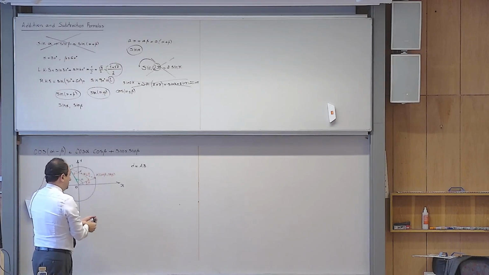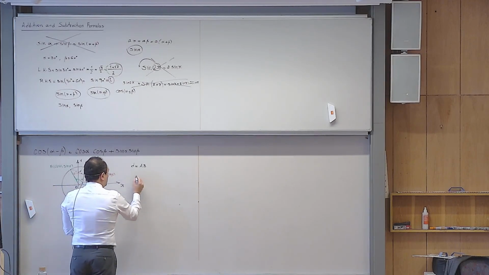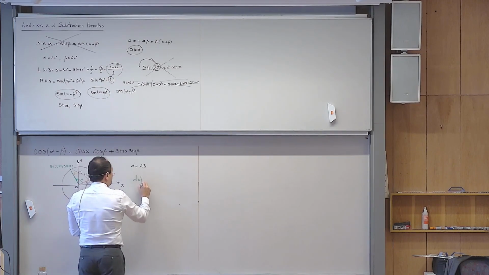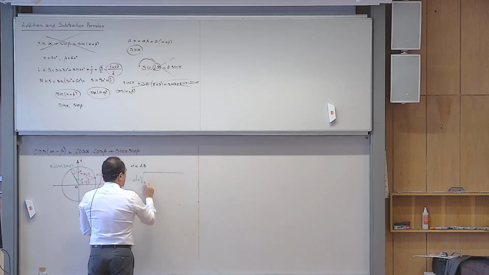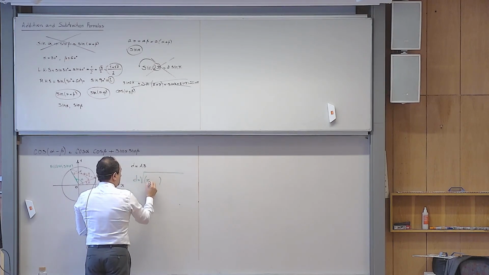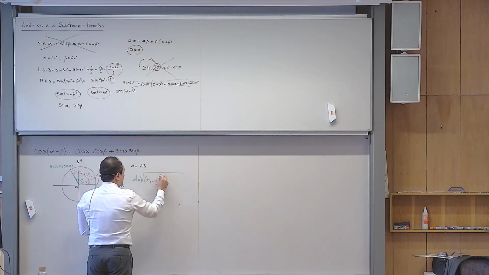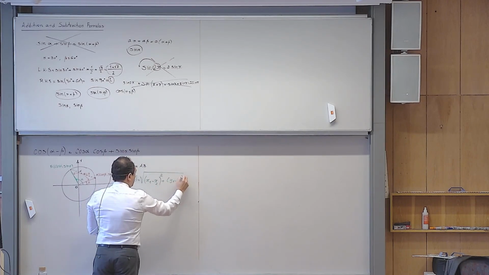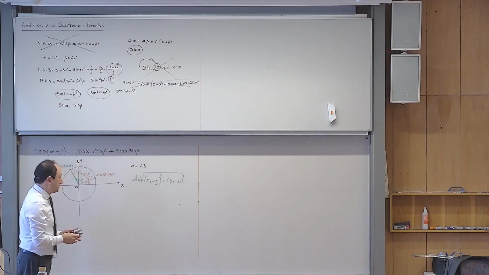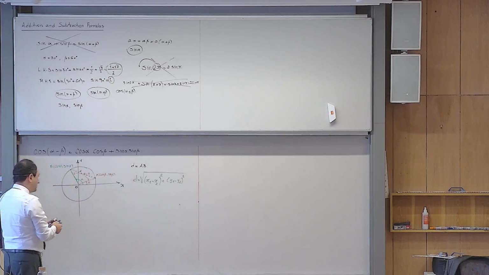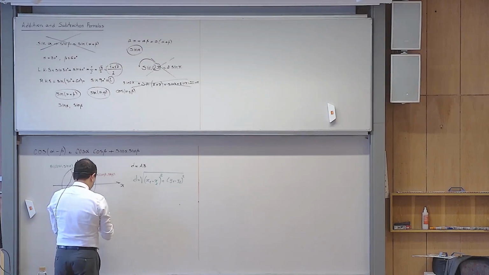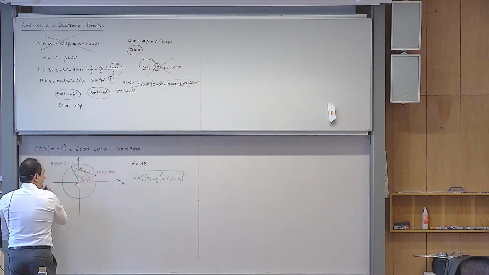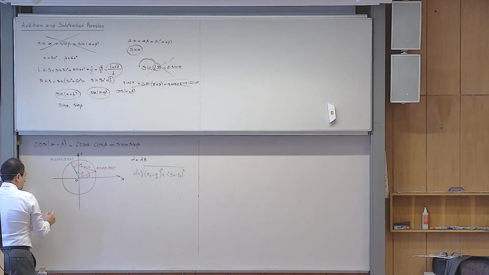So what was that formula? The distance formula in Math 2C, if you remember, was a square root. The difference between x coordinates squared, yes, plus the difference between y coordinates squared. Yeah, so that's the distance formula. So if I ask you to calculate this distance, what do you say? This distance is equal to square root of